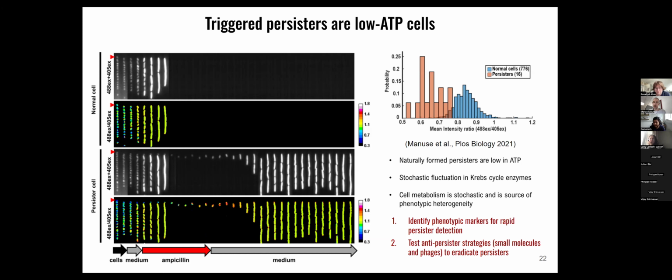Thank you. And Gielina is asking something regarding cell size and ATP. Did you see large persister cells with low ATP? We did not. This is only for triggered persisters, so I cannot comment on the spontaneous persisters, which we see appearing in the exponential phase. But in the triggered persisters, more or less all the cells are really small. And among them, the ones that could persist are from the smaller 25% quantile of the cells. So we did not see large stationary phase cells with low ATP.